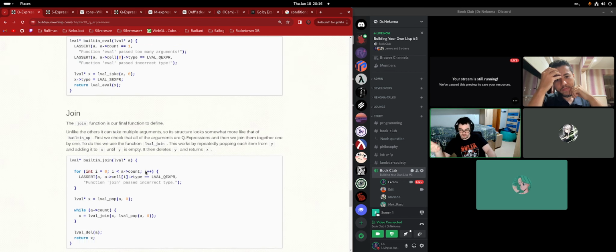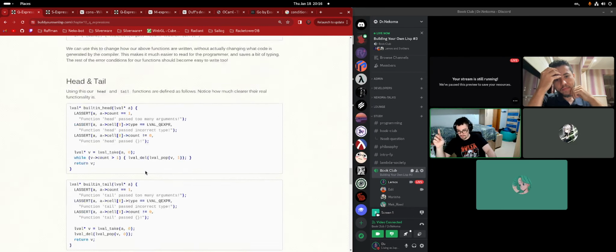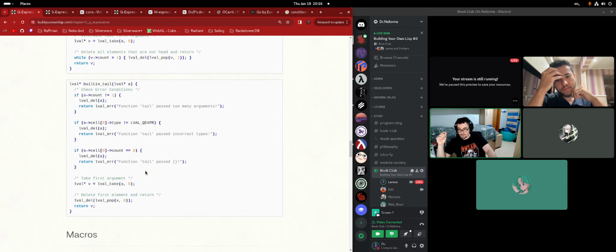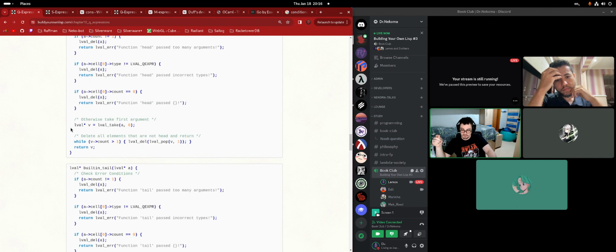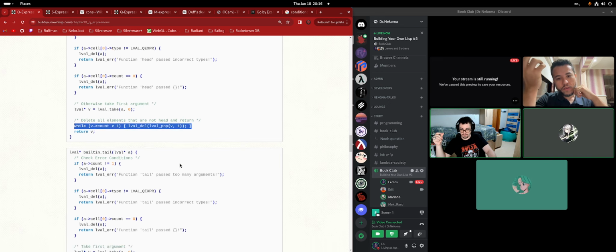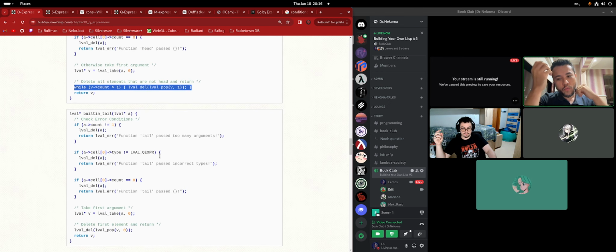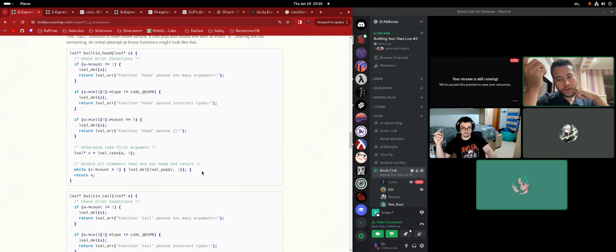Yeah, that was a good catch. I was not thinking about that before. Okay, now we can go back to here, and now we can understand how both of these work. So this is grabbing the first, and then this is dropping everything except the head. Wait, this is taking the first argument, which is a list, and then it drops everything from the list, and then it's processing the list later. Yes.